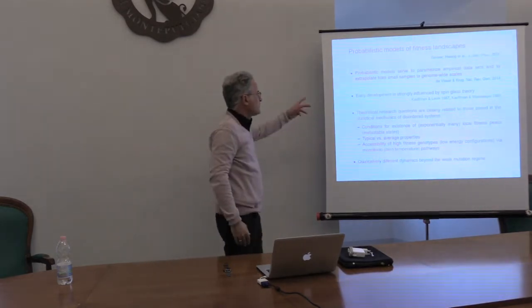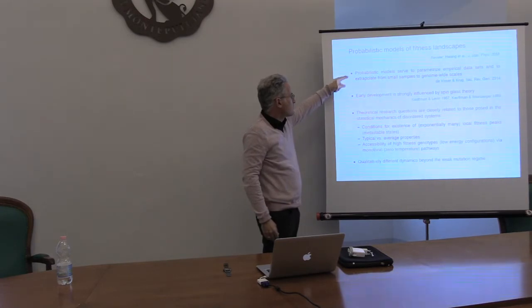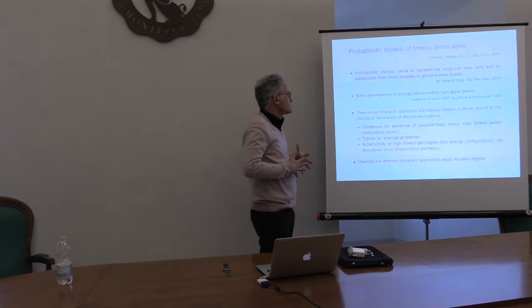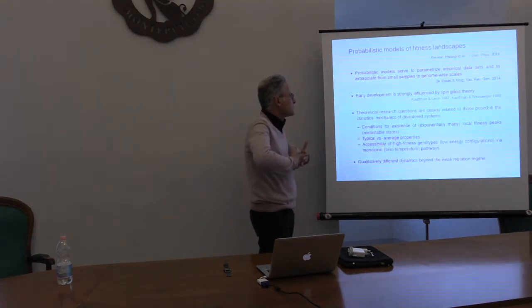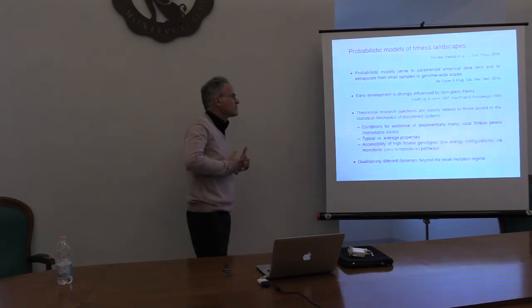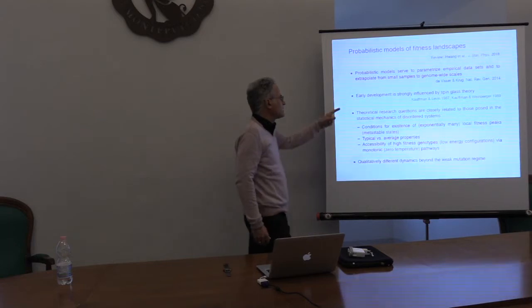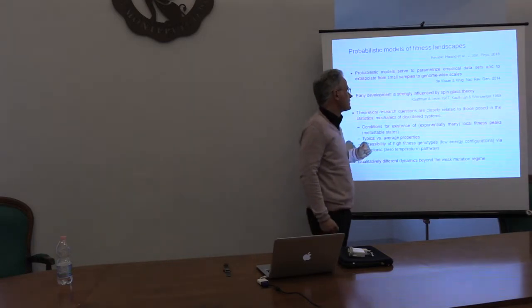These serve different roles. They serve the role of parametrizing empirical data sets, but also to understand what these landscapes look like when you have very long sequences, so to extrapolate, if it's possible at all, from small samples to